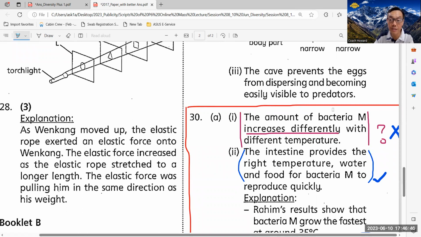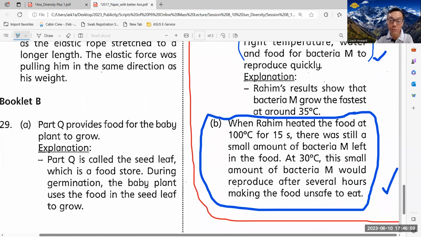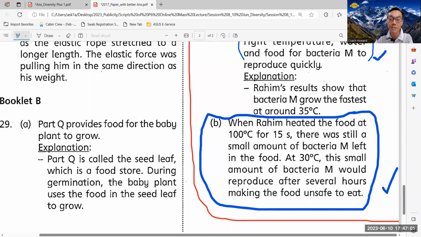It's not very clear. That's why I put a question mark here. Okay, the part two I accept because the intestine actually provides the ideal temperature for bacteria M to reproduce. Okay, this one I also accept. Okay, you must mention when Rahim heated the food at 100 degrees Celsius for 15 seconds, if you notice the